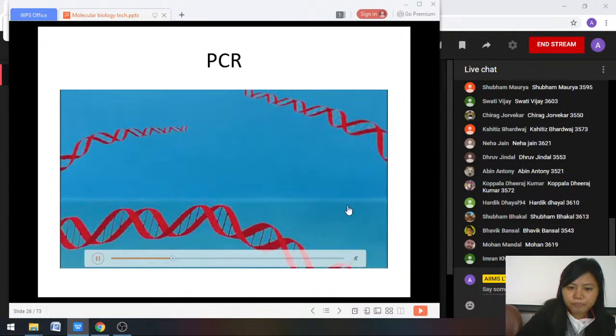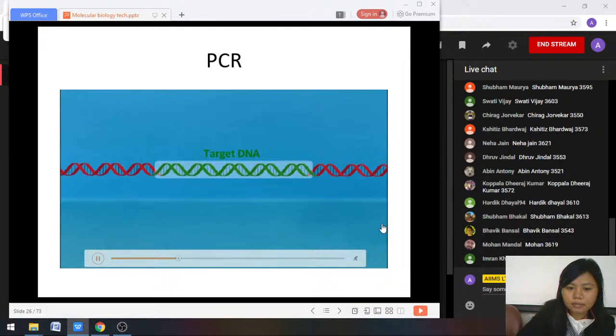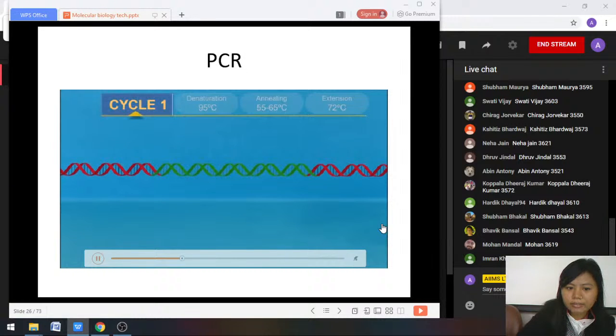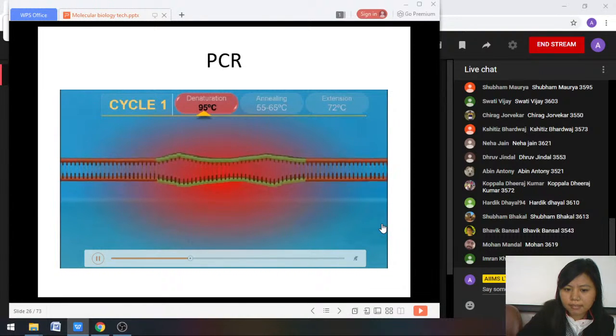So as PCR is happening, we can see that first, concentrating on the target DNA here, we can see as it goes through first cycle of denaturation, the temperature is high enough that the two strands separates,